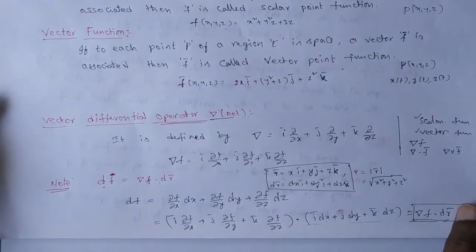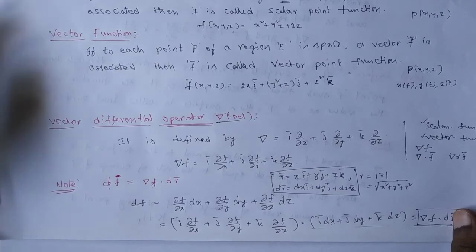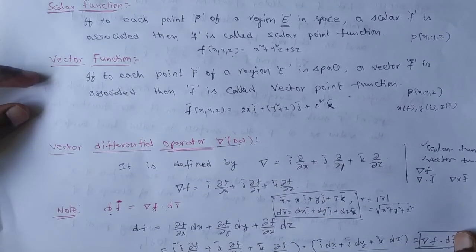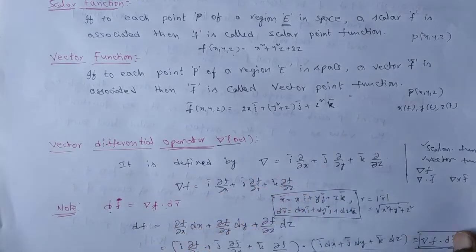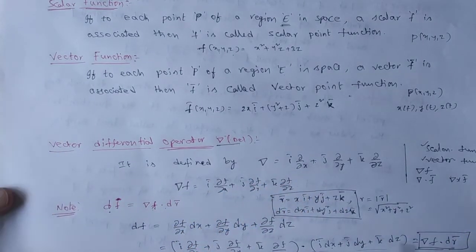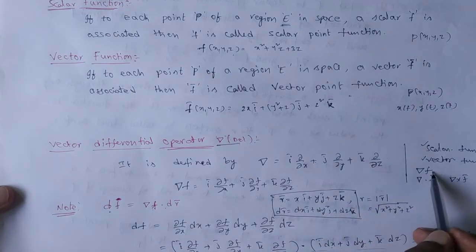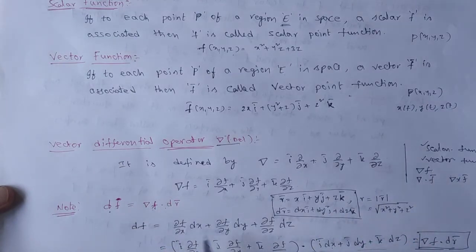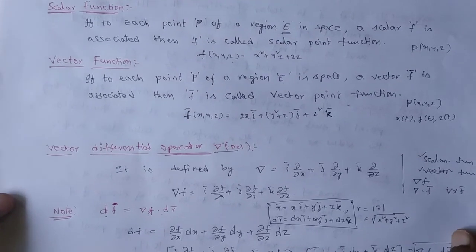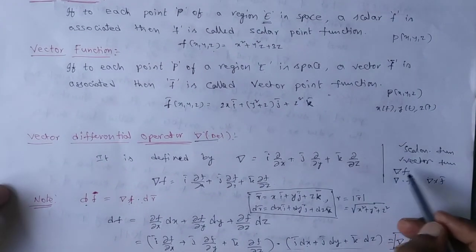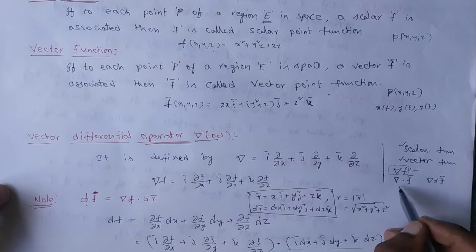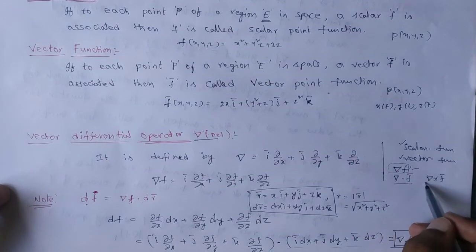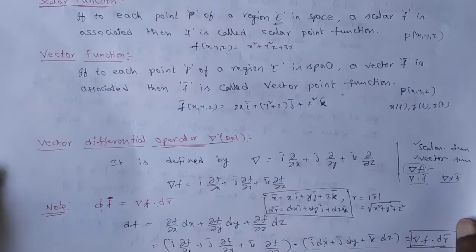Next concept. So far we defined what a scalar function is, a vector function, and the vector differential operator, del equal to i bar dou by dou x plus j bar dou by dou y plus k bar dou by dou z. And in that we observed one thing: when it is operated on the scalar function f, you may have an idea like this. Now let us come to the main objective. When del is operated on the scalar function f, it is called one term and is named as one thing. Similarly, del dot f has some name, and del cross f bar has another name.